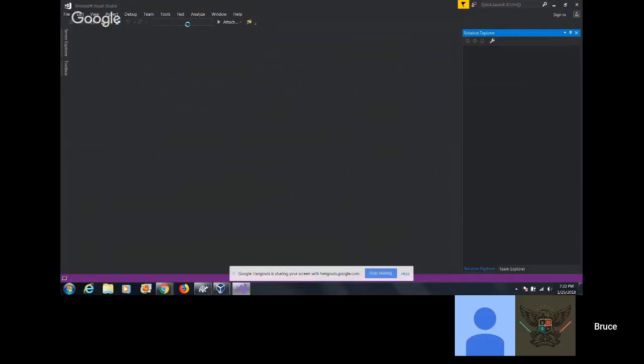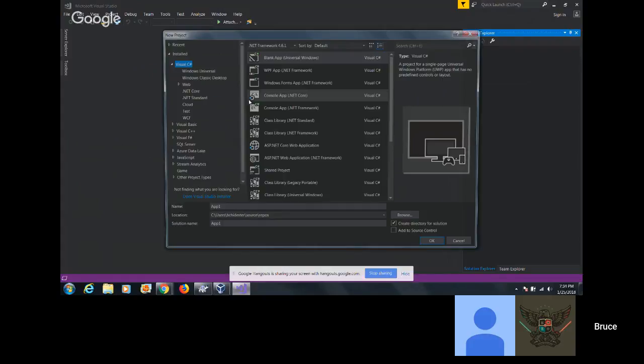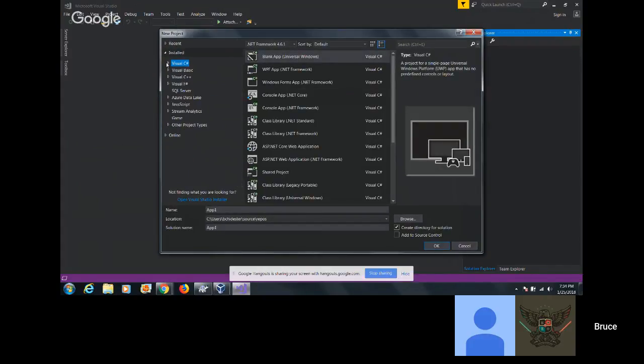You'll be able to come in here and make new projects: Visual C#, Visual Basic, Visual C++, and even another language called F#, JavaScript.